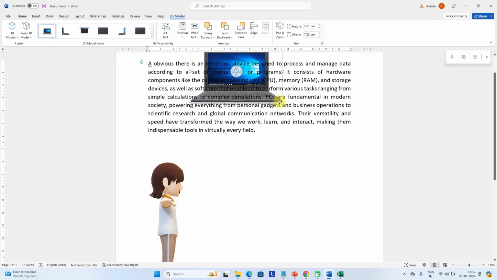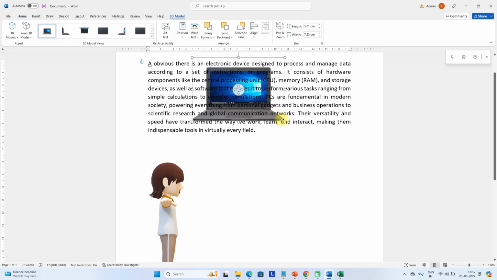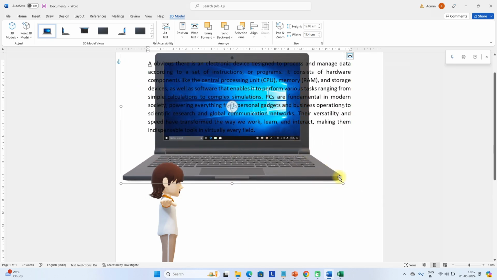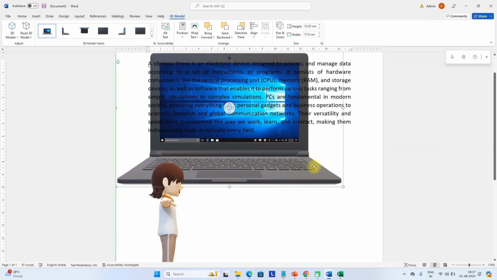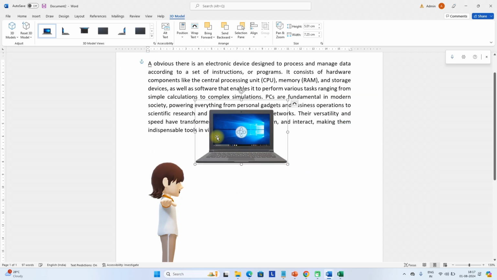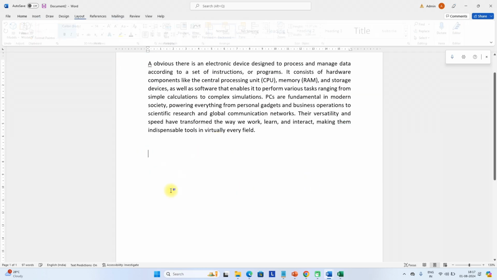You can add this behind the text, or you can make it big so that the text will look like it's in the computer, but for that you have to use widescreen. So in this way, in a Word document you can add objects and 3D models. After that, next option,